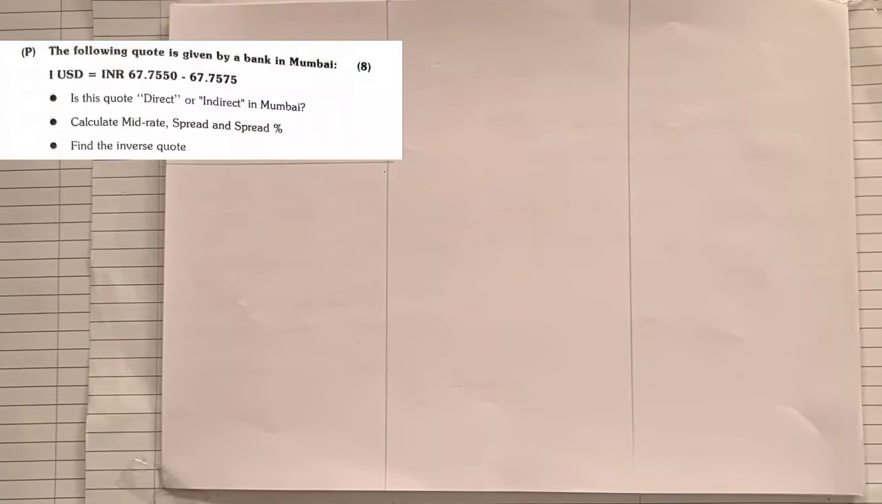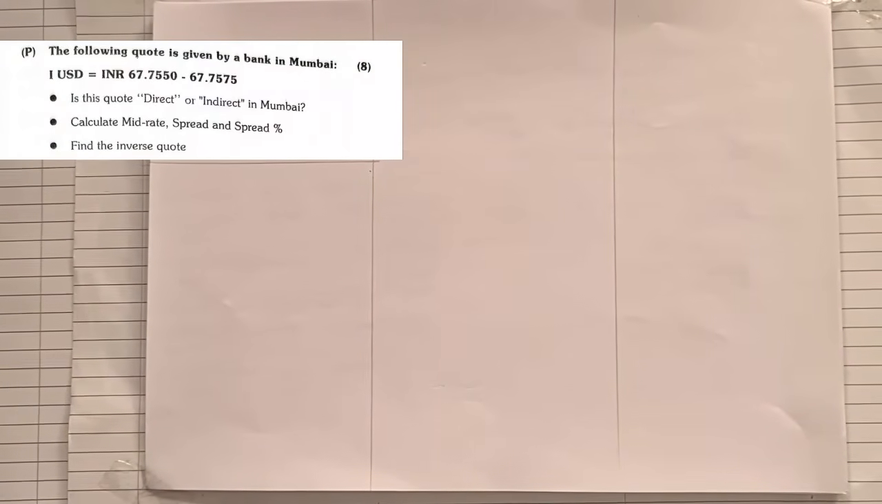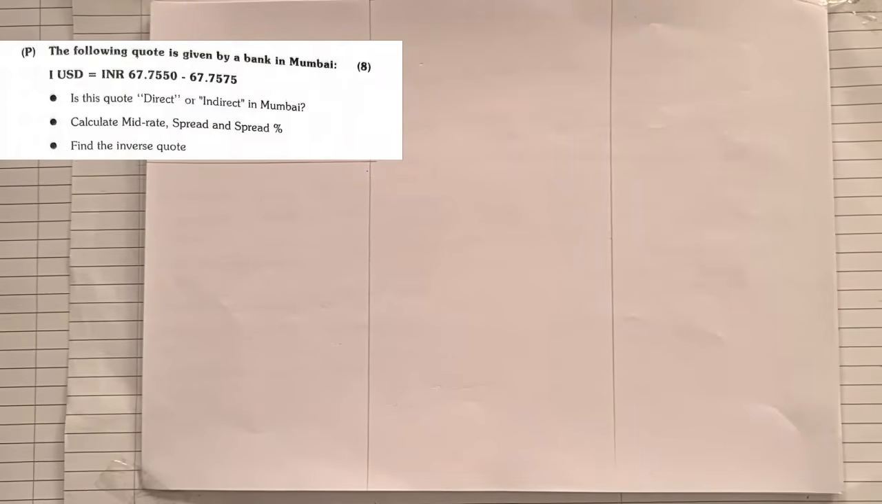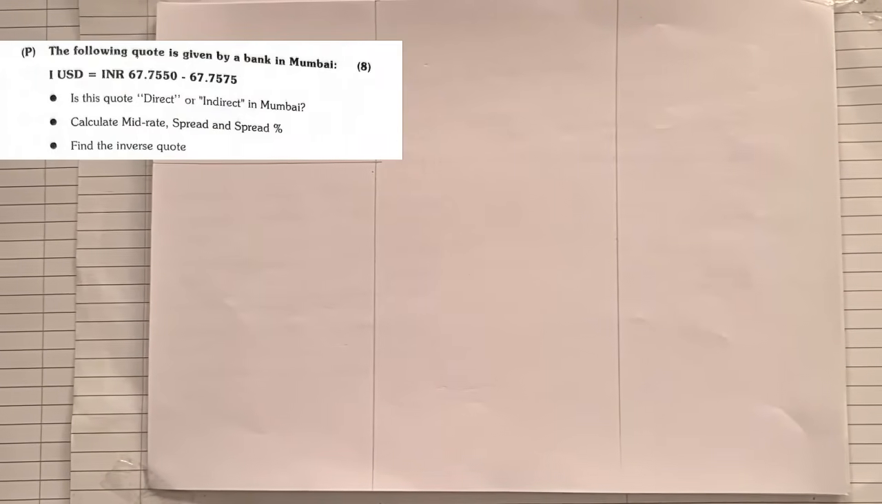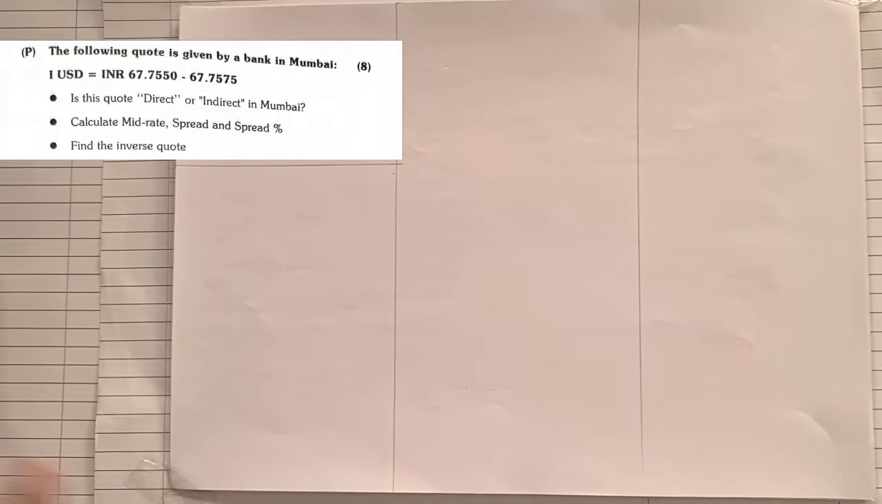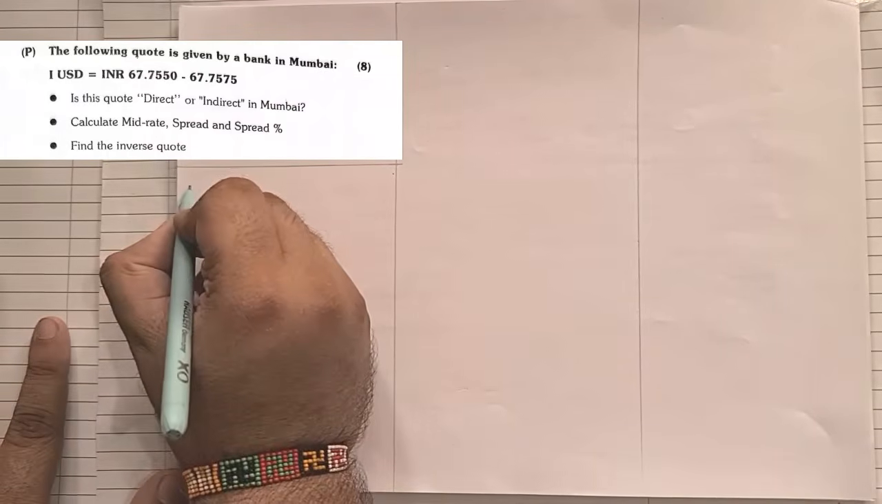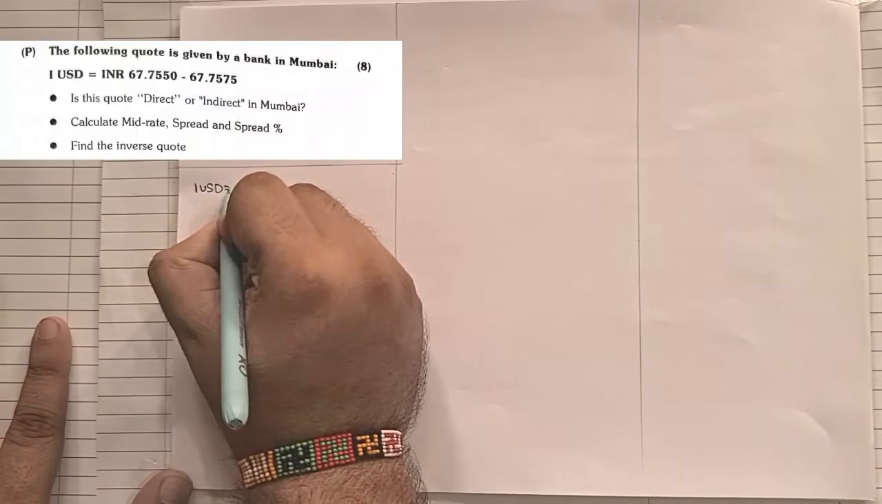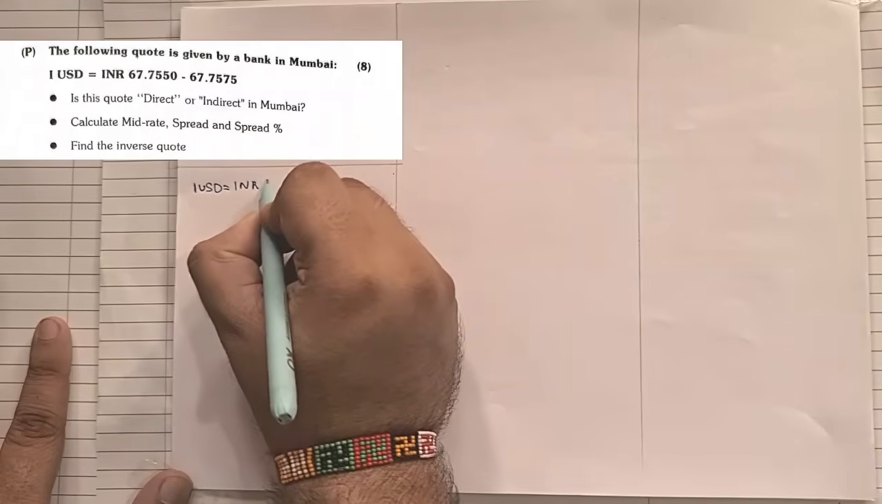Question number 3P: given that the following quote is given by a bank in Mumbai, 1 USD is equal to INR. They're giving you the quote. First question, is this quote direct or indirect in Mumbai? Let us see that. First thing we need to note down is, always remember the first part. In order to make a currency foreign, how will you represent that? Very simple. First we note down 1 USD is equal to INR